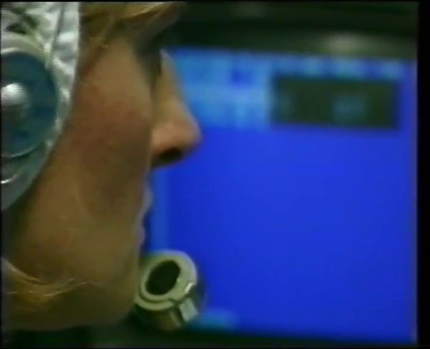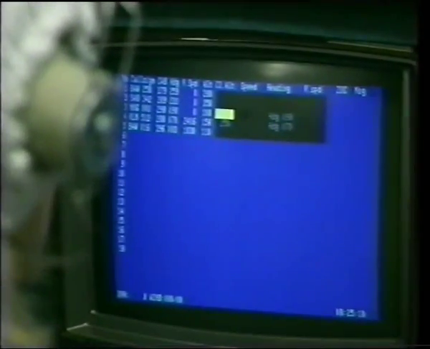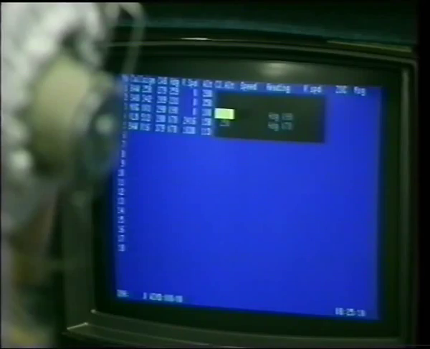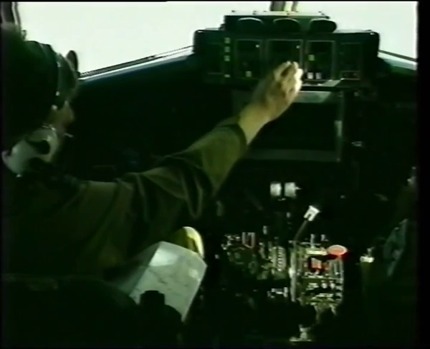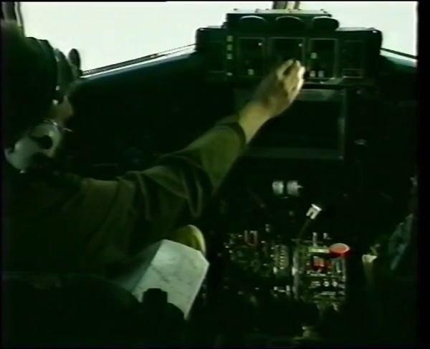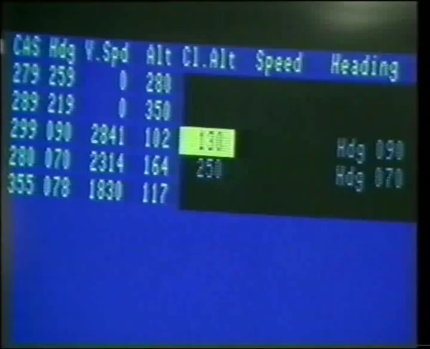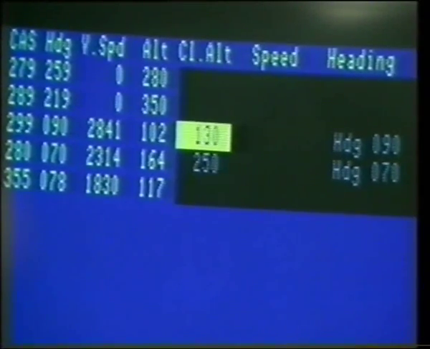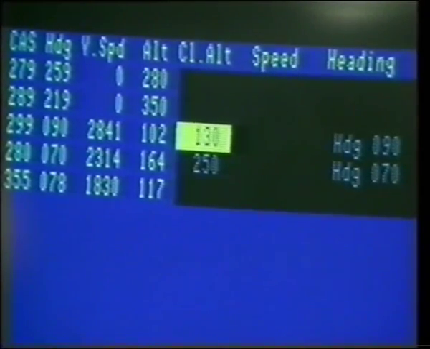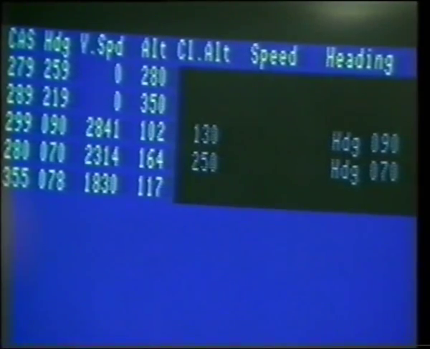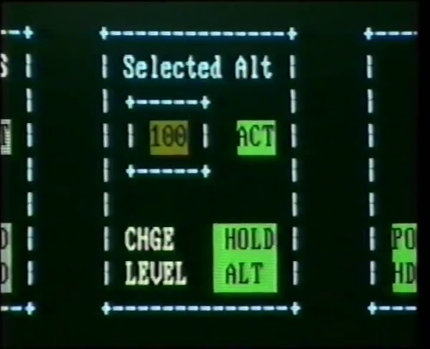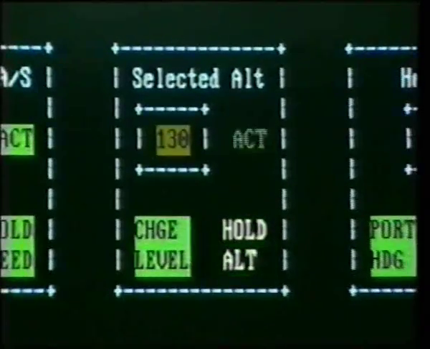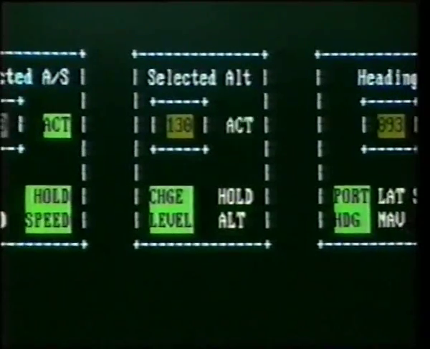These clearances are, at the same time, displayed on the electronic data display with the respective instruction highlighted in yellow. This acts as an aide-memoire. When the autopilot setting matches the clearance and the confirmation is downlinked, the yellow overlay is automatically removed. If the autopilot setting does not match the clearance, then the instruction remains highlighted in yellow.